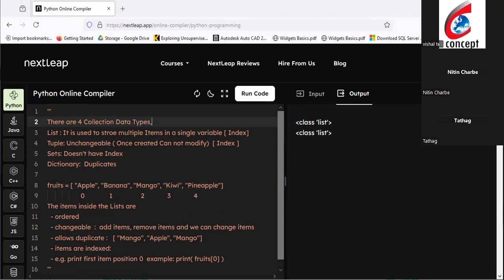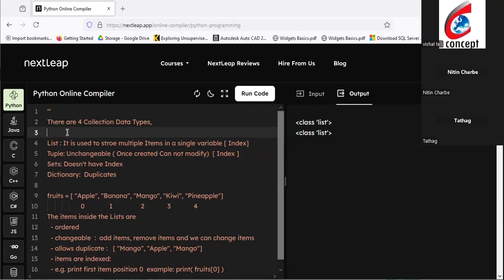As per our need, we can use any one of them: list, tuple, set, dictionary. Choosing the data type, the collection type, it's useful to understand the properties of them first. Choosing the right one for a particular data means first understanding all these